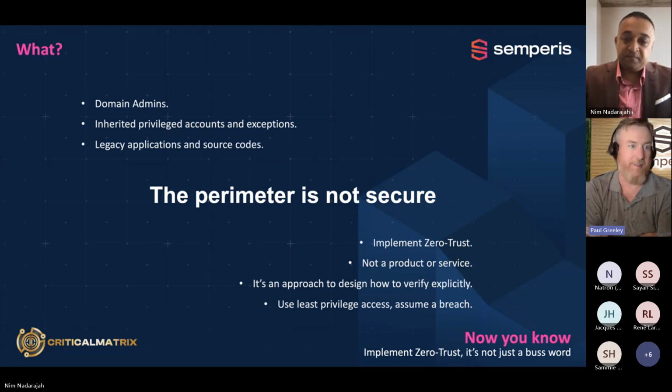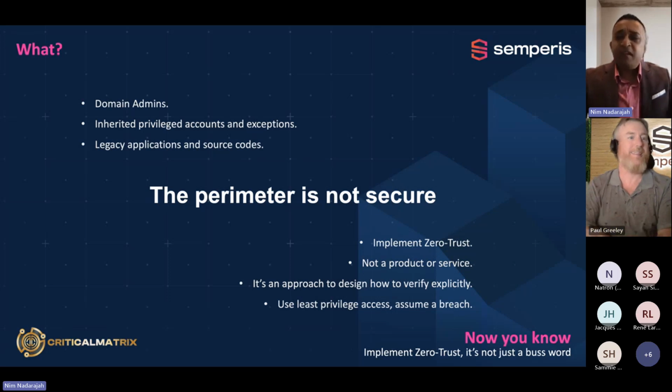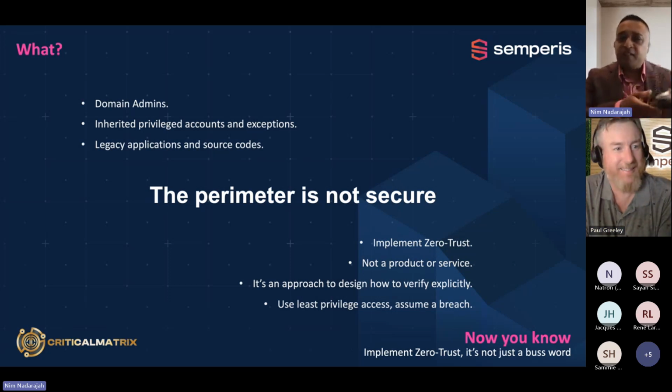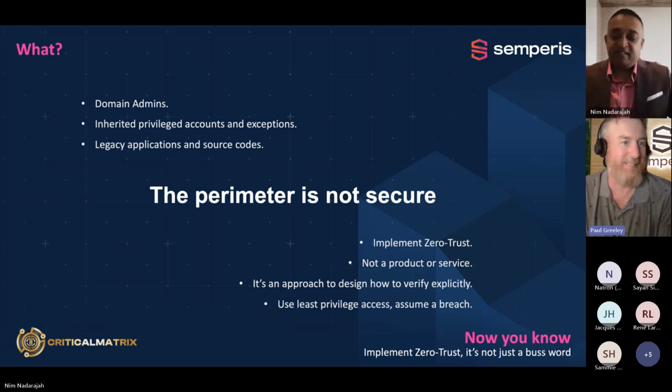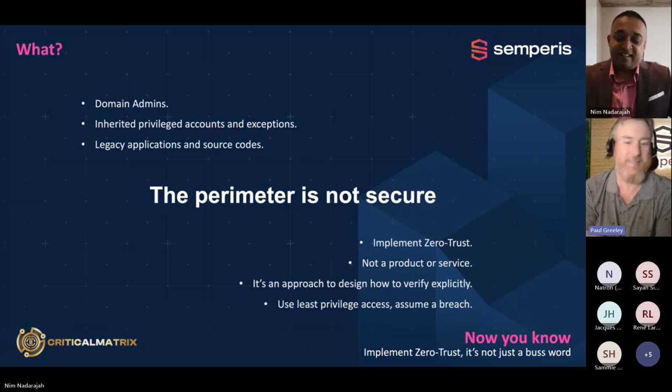MFA is a huge piece of this kind of thing, right? I saw a stat, I think from Microsoft, there's only a 30% uptake in MFA right now. That's startling when you think about it. What do you mean? Every time I log in, I got to do this? No, it's inconvenient. I got to pick up my phone. I got to put a number in now, because now we're doing the number verification. So zero trust is a holistic package of things that you have to do.